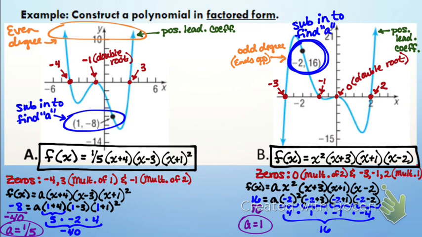There is one last thing that we need to cover in 4.3. It is called Descartes' rule of signs. His name is French, so when I put it up on the screen and you see it spelled out, it's going to have a lot more letters than we actually pronounce. Descartes' rule of signs